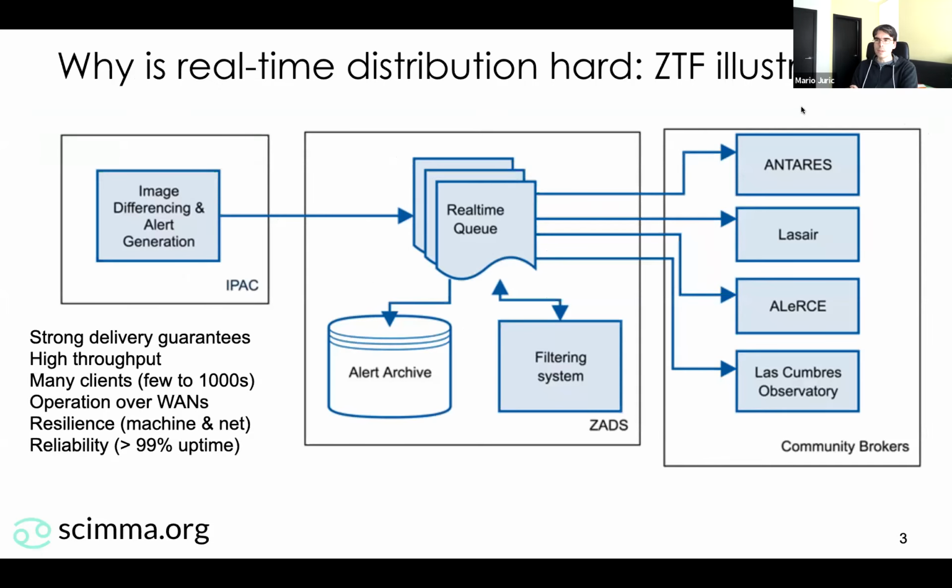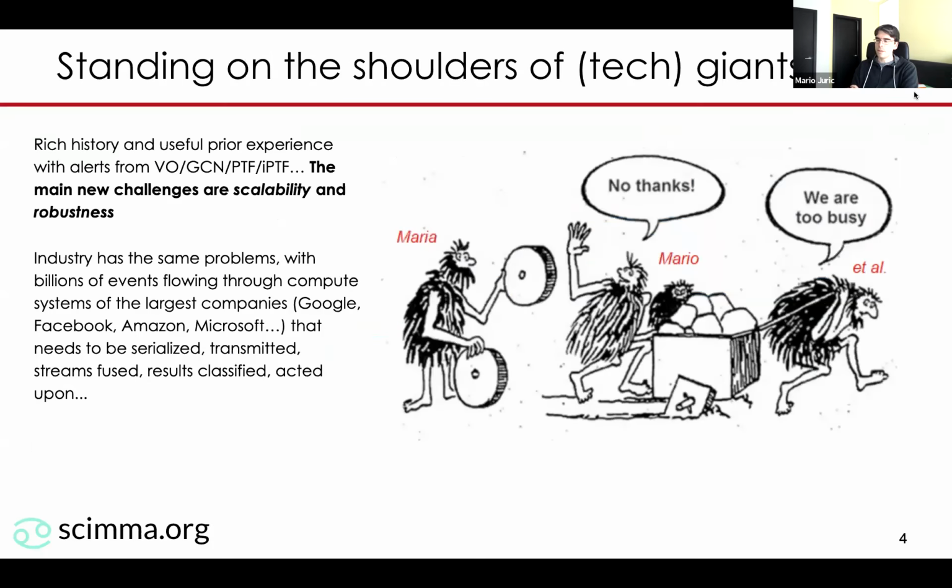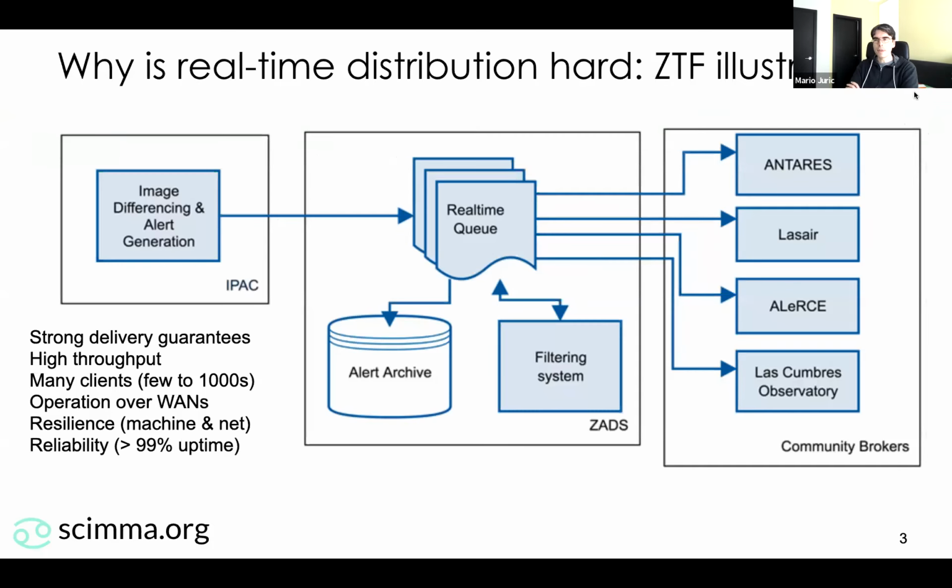To motivate this a little bit, this is a slide that I lifted from an older ZTF presentation on why is this hard? Why is message passing hard? Because there are a couple of things that all have to be true of the system at the same time. When dealing with MMA events, you really want to have strong delivery guarantees. You do not want to miss a potentially critical message from LIGO, or a potentially critical message with a piece of follow-up from a telescope.